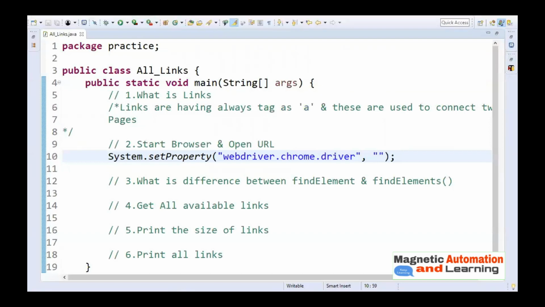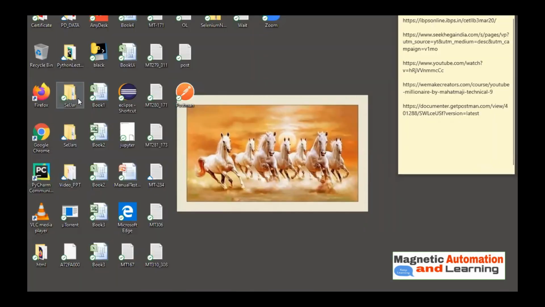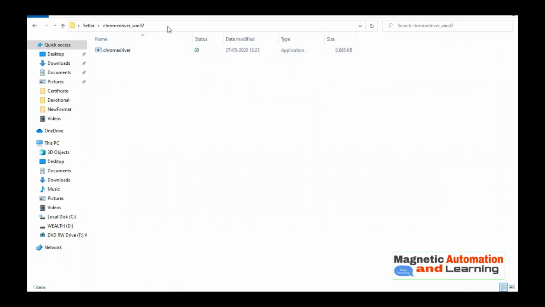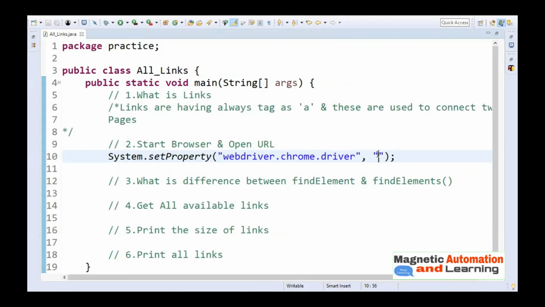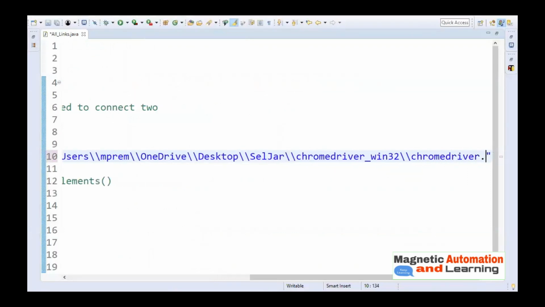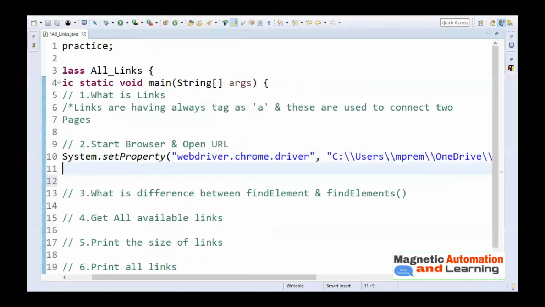Where is my executable ChromeDriver? It is on the desktop. I will copy the path, paste the path here and mention chromedriver.exe. Fine.